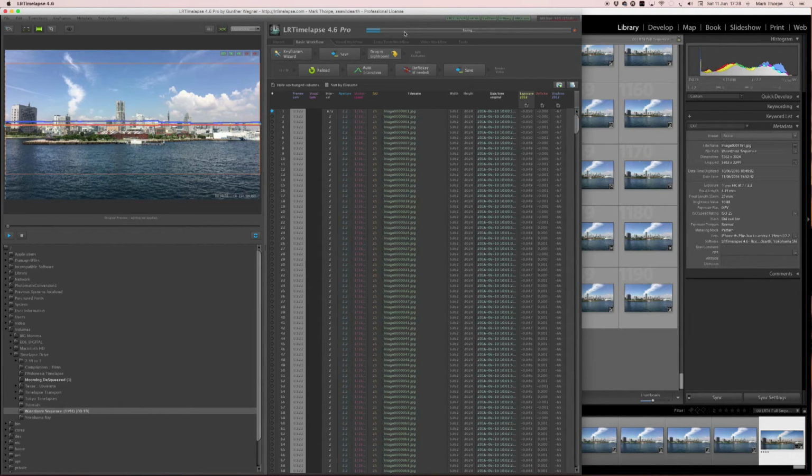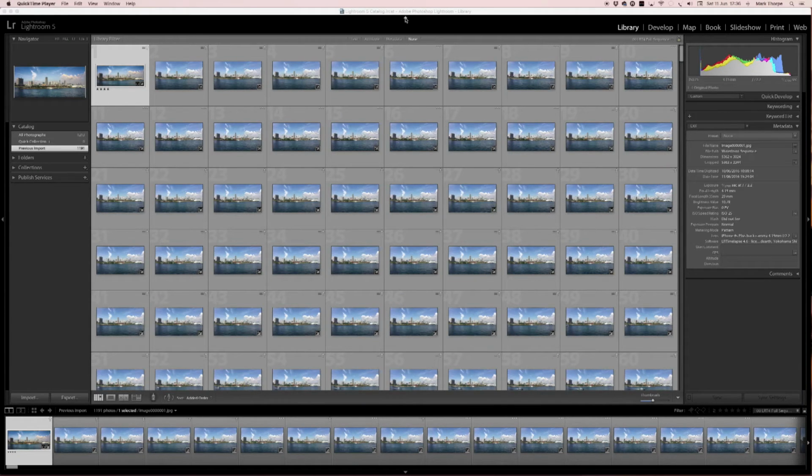Okay, so once this progress bar is done, we then go back into Adobe Lightroom, and that's where we're going to pick it up once this is reloaded. Okay, the images have now loaded, or the changes have been loaded into Adobe Lightroom. You'll notice here on the first frame that we've got the crop of the first keyframe, but all of the subsequent images are not cropped at this point in time. Now what we need to do, because we've made those adjustment changes with LRTimelapse Pro with regards to the auto transition and the deflicker,